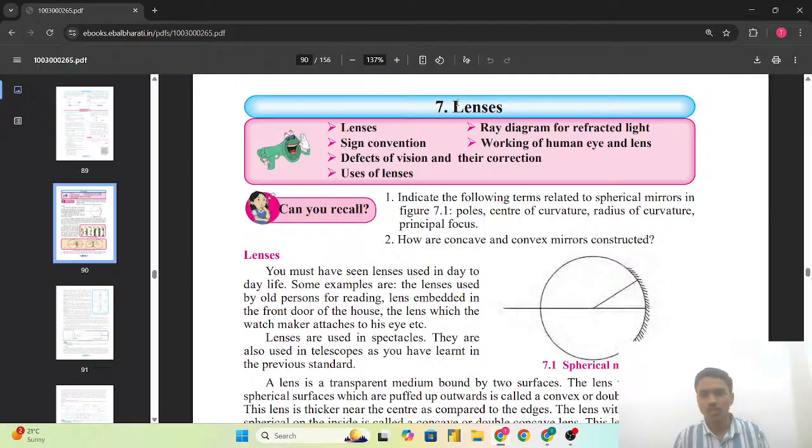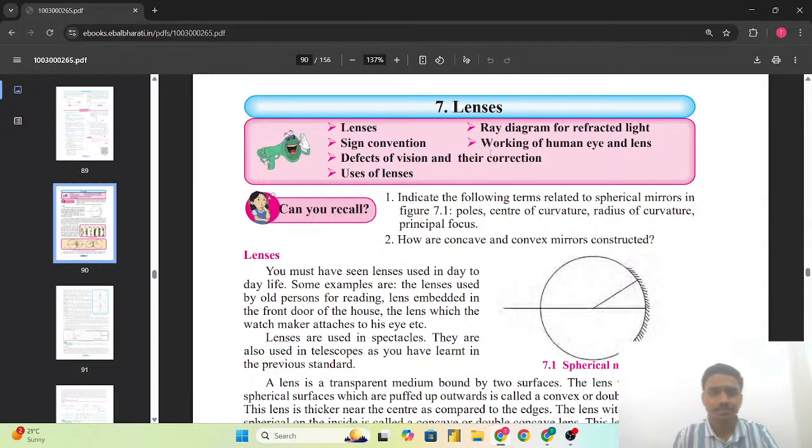जो videos हैं वो अगर नहीं देखे होंगे, so please watch those videos firstly and then start with the chapter 7 lenses, because जो chapter 6 है refraction of light वो basic है इस chapter के concept को समझने के लिए. So first of all आप refraction of light पूरा समझ लीजिए, देख लीजिए और फिर lenses chapter के